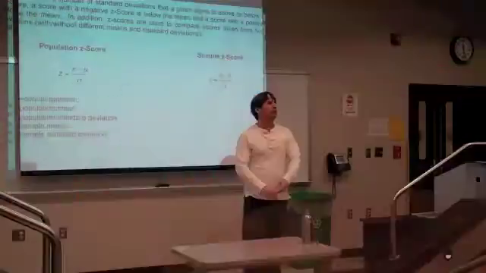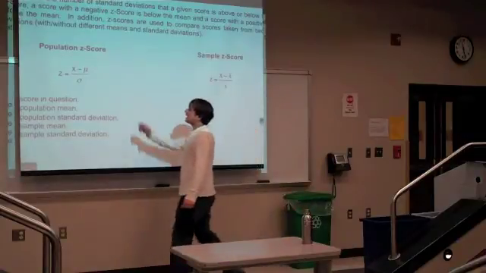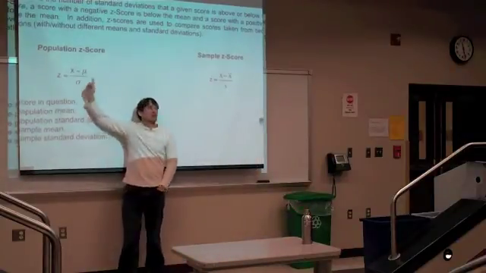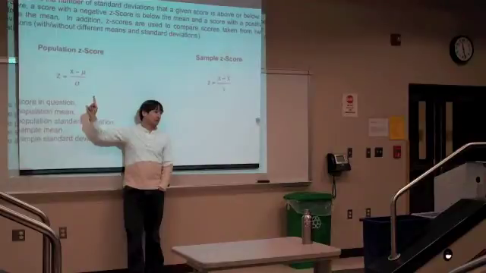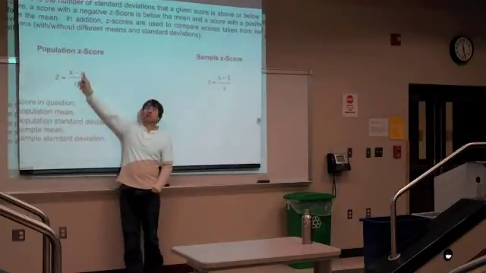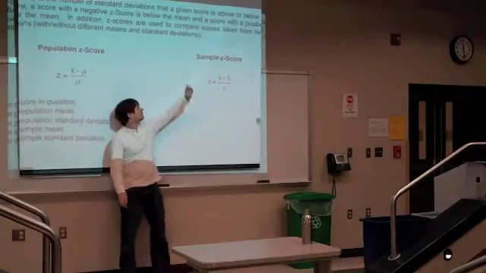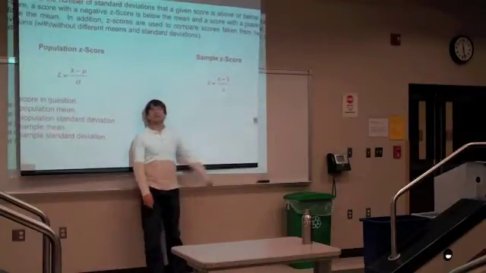All right, now these are the formulas for the z-score. We do have two different formulas for population and sample, but they are identical. If you don't pick the right one, you're still going to get the same answer. So we take our score, we subtract the mean from it, and then we divide by the standard deviation. So remember, population mean is mu, population standard deviation is sigma, sample mean is x bar, sample standard deviation is